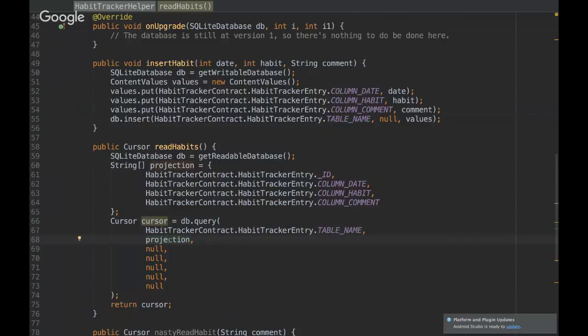Second is which column do I want to be returned. So this is an array of strings, and I can specify all the columns I need. If I put null, by default it will return all the columns. Then this other one, maybe it's better if I go in the query of the